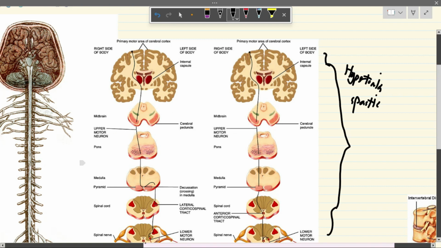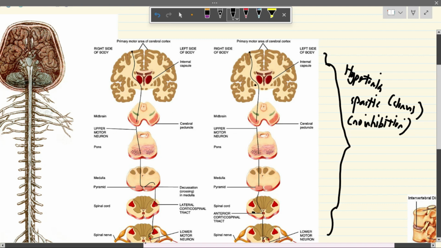This is because as our upper motor neuron is damaged, we're also damaging all the inhibitory neurons that control the muscle tone of our muscles. So let's say there are inhibitory neurons all the way from the brain to down here. So if the upper motor neuron is damaged, the inhibitory neurons are damaged altogether. So there'll be no inhibition, and sometimes we're gonna get clonus, which means repetitive movement of the muscle, and positive